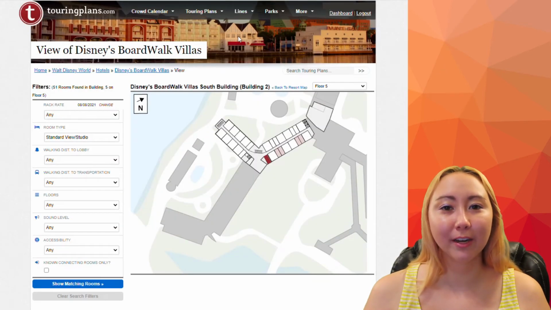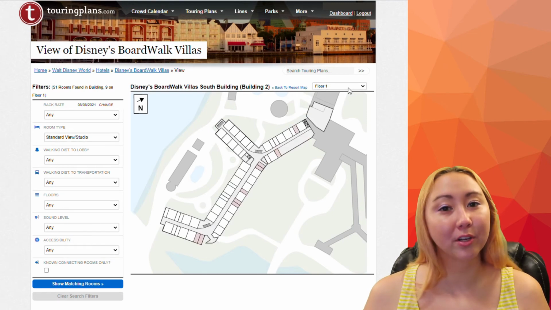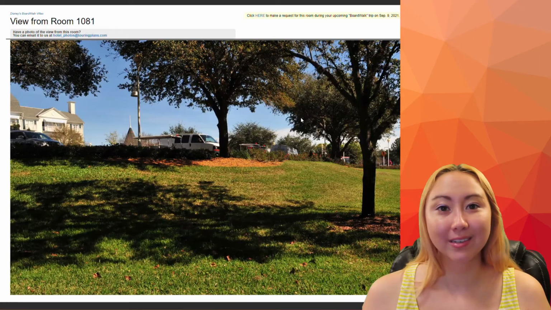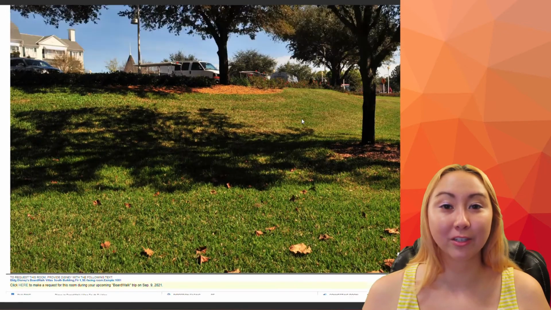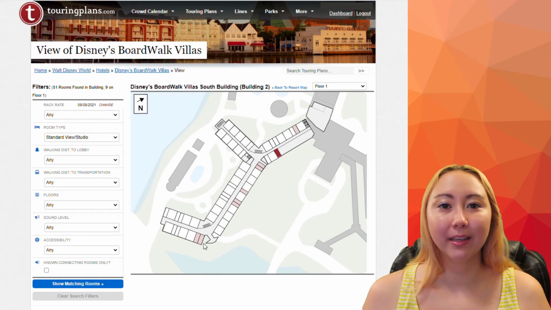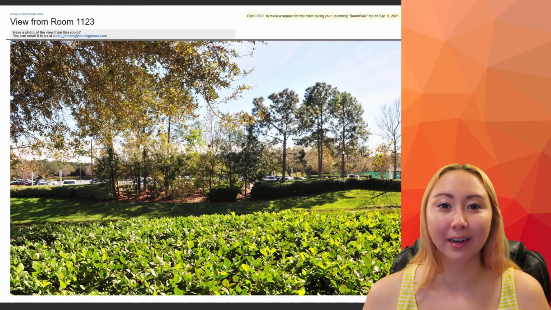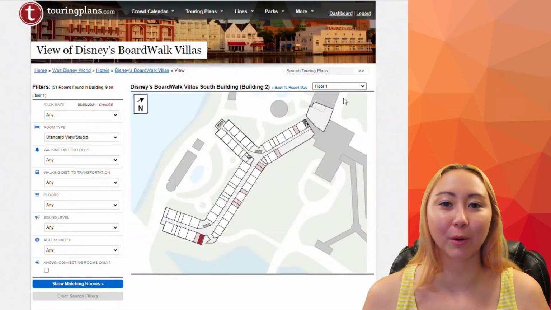I won't show you the full footage, but I went through the same general process. I navigated to the resort and picked the room type I would be staying in. Then I figured out roughly where in the building I wanted to stay and the direction I wanted to be facing. Of course, next I looked at quite a lot of these submitted pictures of the views, and then I prioritized higher floors. In some cases, I did submit the exact auto-generated Touring Plans room requests, and in others I did fiddle with it a little bit and update it like you saw for Beach Club.